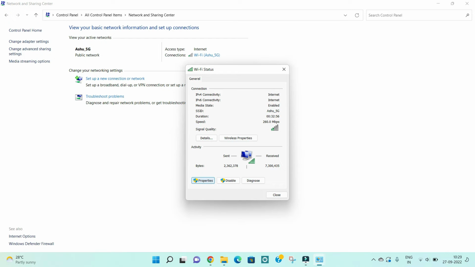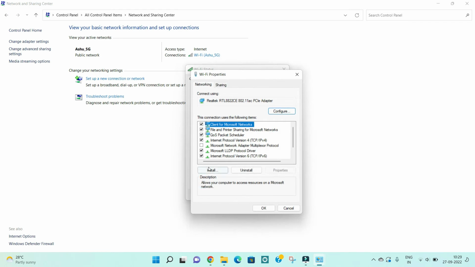Open the new window and just go into properties, and now a new window is open, and go on Internet Protocol Version 4, TCP/IPv4. Okay,